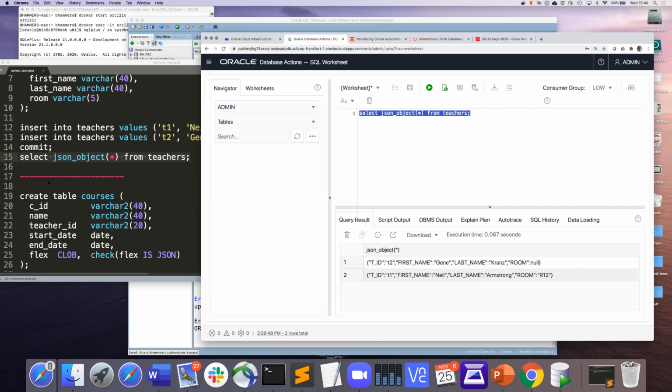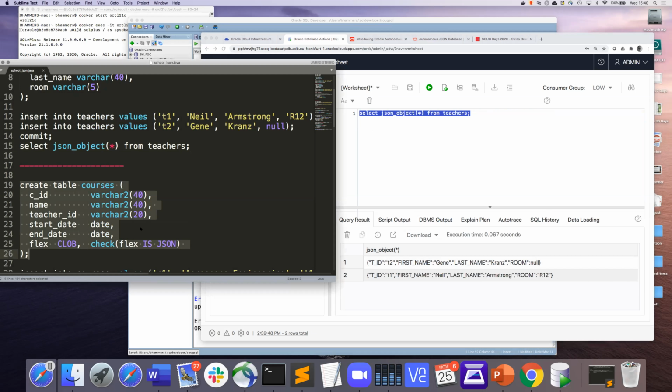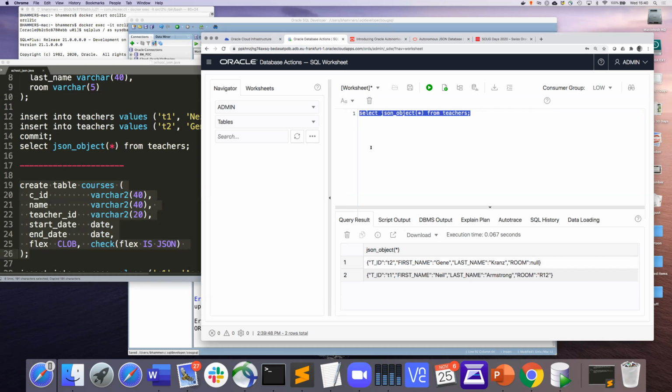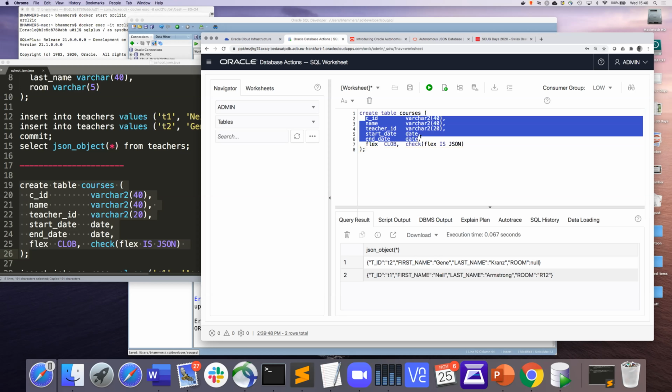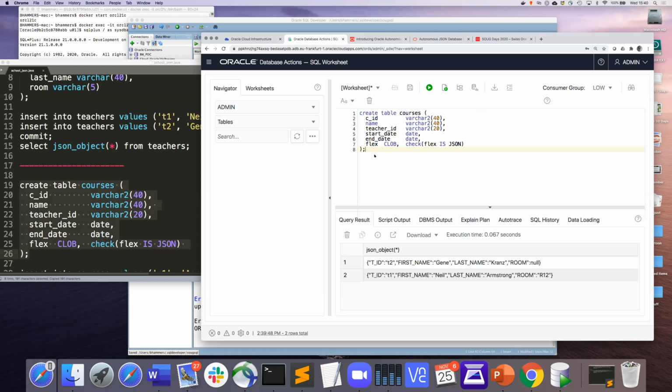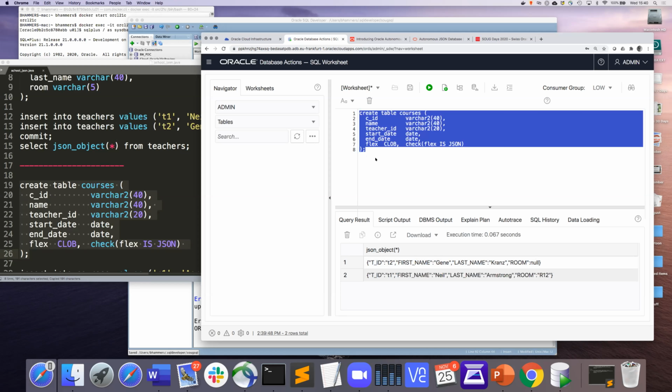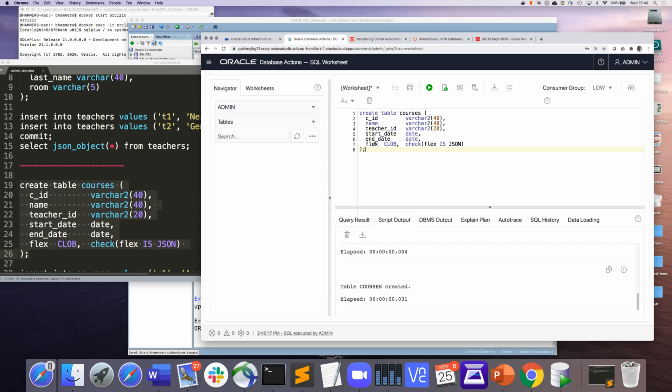Good. So now let's look at the second use case. This is our courses table. And here with courses, we mix JSON and relational. So I have a bunch of relational attributes. And again, this is what we see a lot of customers doing. They say, well, I don't know, what I know is that my application is going to change. And for agility reasons, I don't want to always add columns to my relational table. So I add a flex column here. And here I don't use the JSON type or anything, I just use a CLOB with a check constraint.